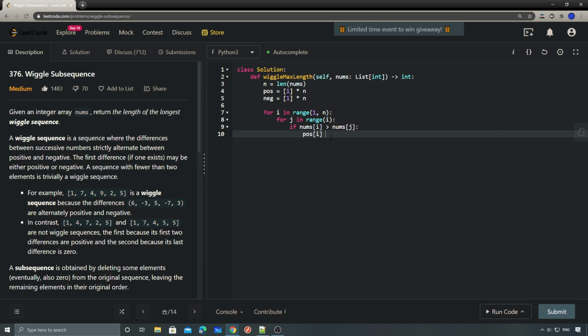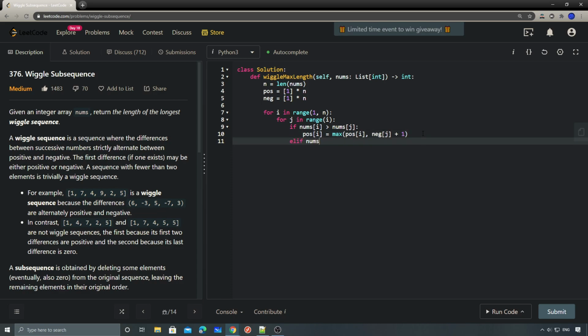So we have positive[i] equals to max of positive[i], negative[j] plus one, because since the last one has to be a negative value, that's why we use negative[j] plus one. Else if,